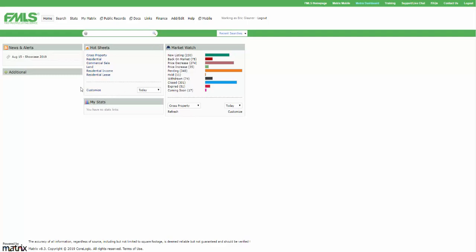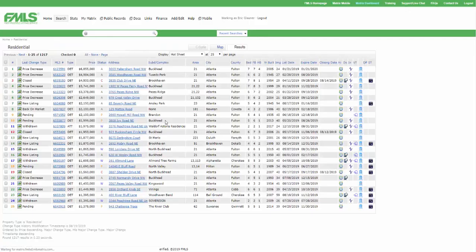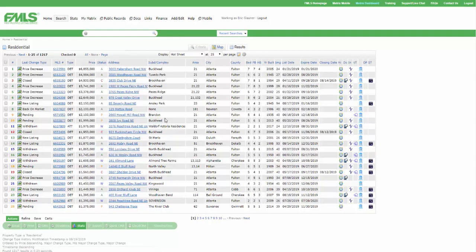Okay, so with no customization yet, what I want you to know is that when we are not customizing it, we're seeing the entire FMLS database. Since midnight, once the calendar switched over to today, if I click residential, here's what's happened since midnight. In the upper left corner,